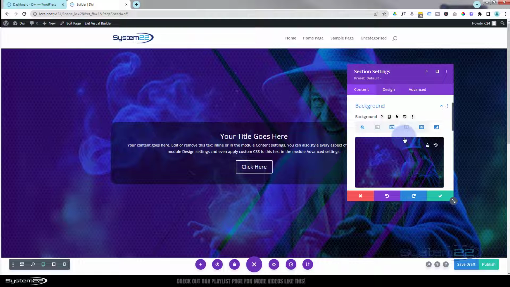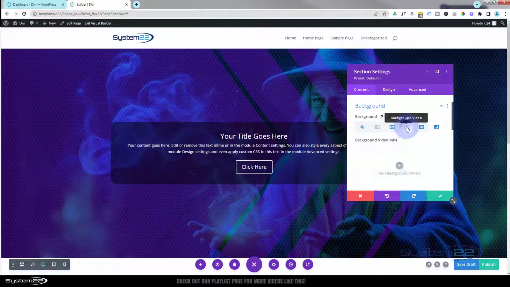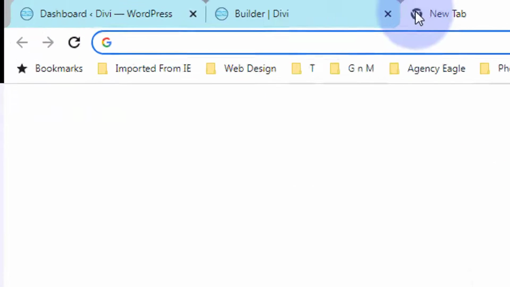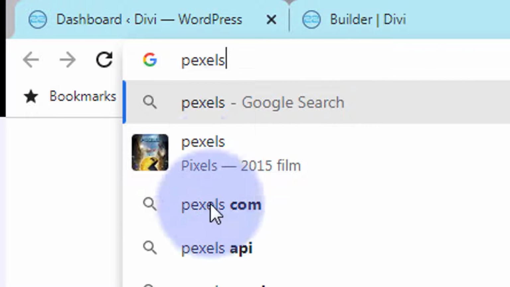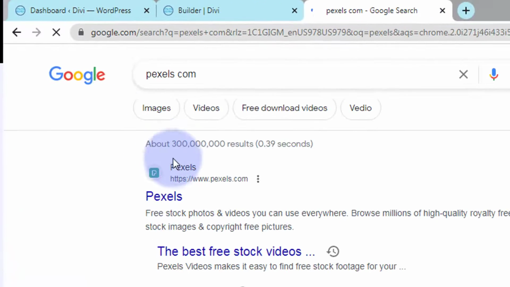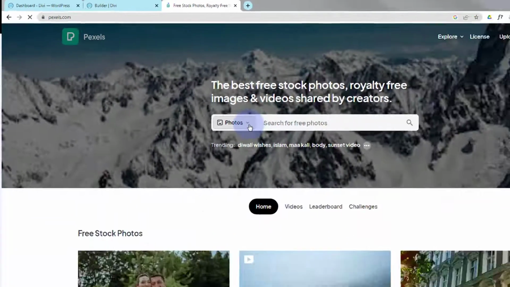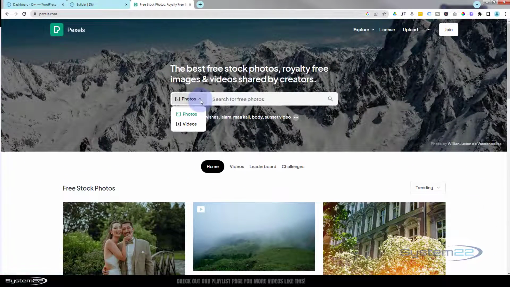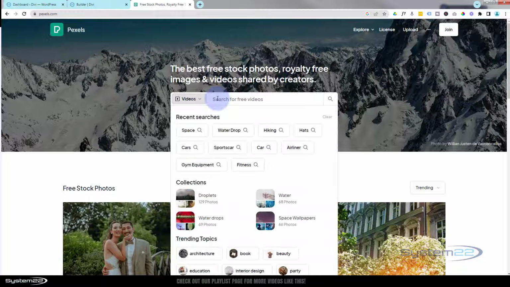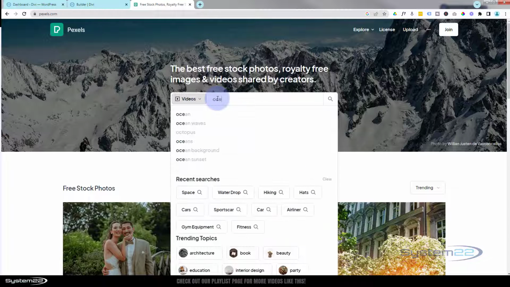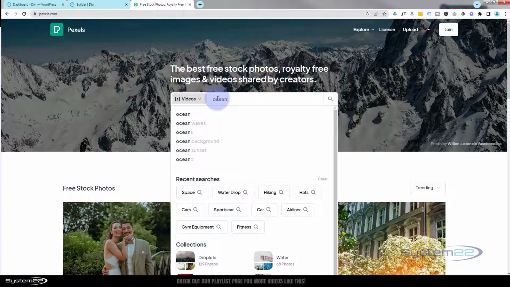Let's replace that image with a background video. I'm going to hit background video over here. I'm going to go over to pexels.com, a great free stock video site. Let's choose a video. Let's maybe say ocean. I guess I should have said space or something, but